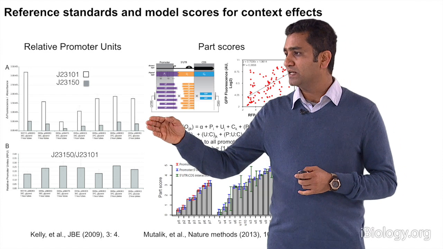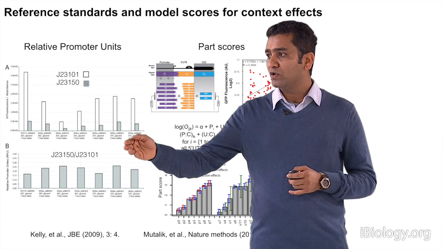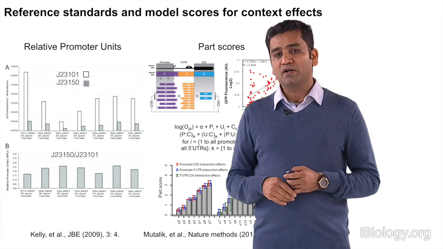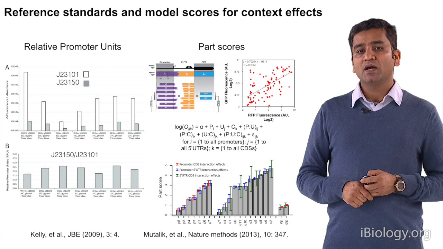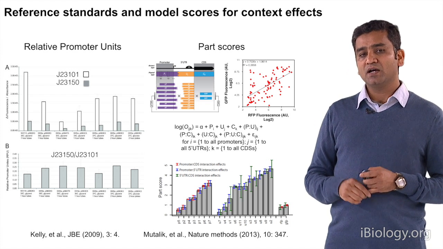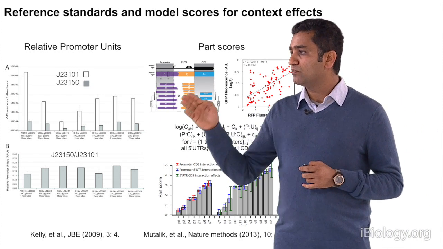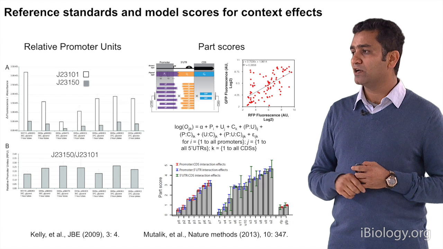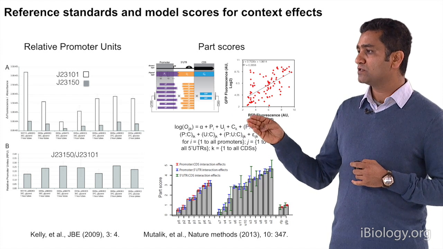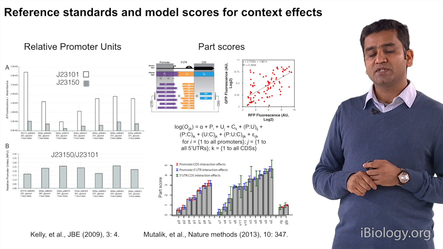Obviously, how do we normalize this? One idea is to use relative promoter units, where they divide one promoter's activity by another promoter's activity, reducing the context variability in a way. The second solution is to come up with a part score. How do we really score a part across different conditions? This is work from BioFab, where we took 7 different promoters and 11 different UTRs driving GFP or RFP on a medium copy plasmid. When we measure the fluorescence of these two proteins, we see that we can only explain about 40% of the data.